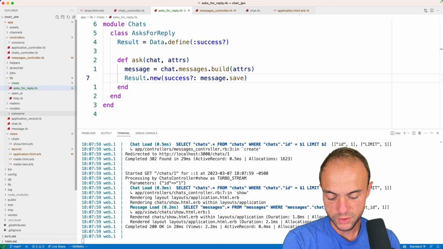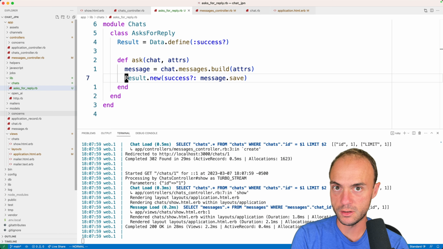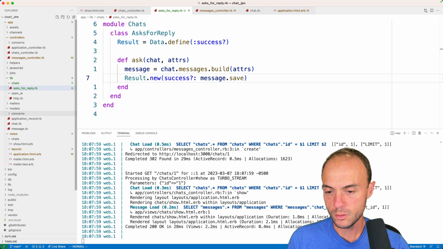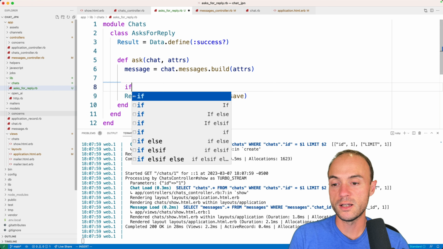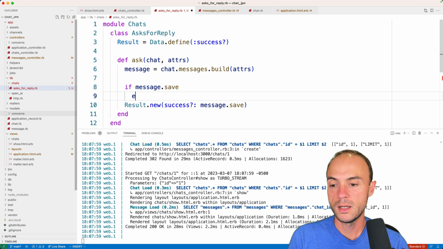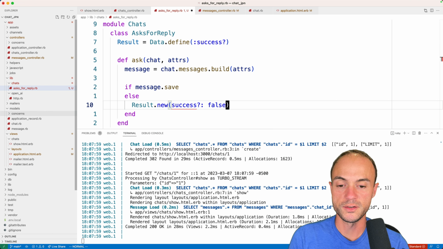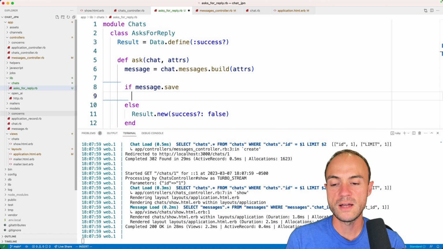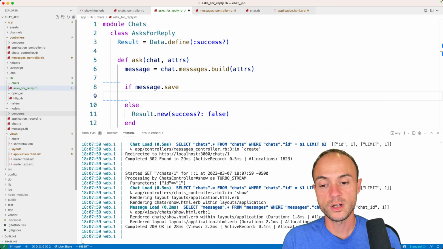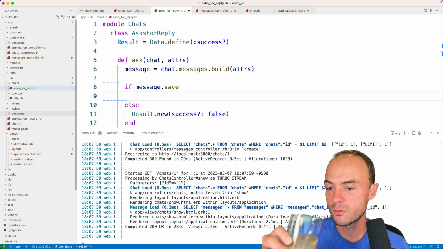Now we want to send a second, create a second message in effect, this time representing the chat, the OpenAI API's prompt reply. So what we'll do is we'll say, hey, if message.save, else end, stick this up as the base case to say, yo, this is actually not successful. Of course, having errors on the message would be nice. So attaching the message to the result would be appropriate if we actually cared about what the message was. But for the moment,